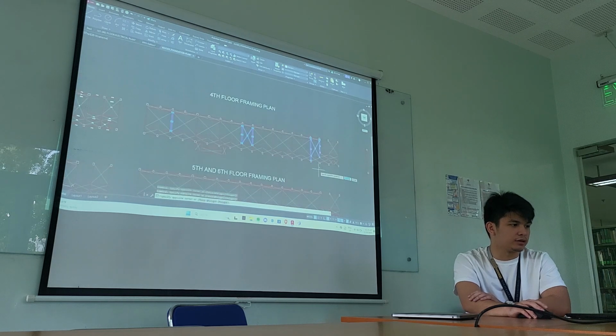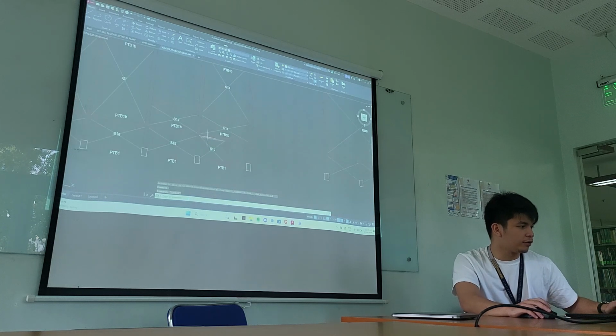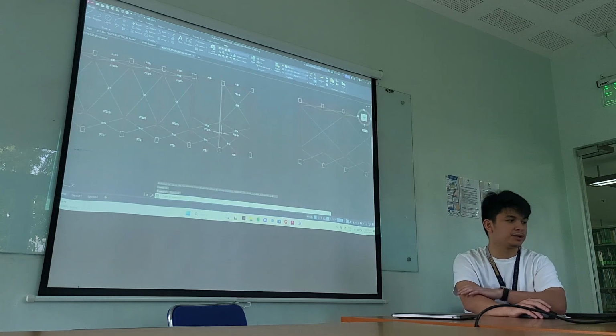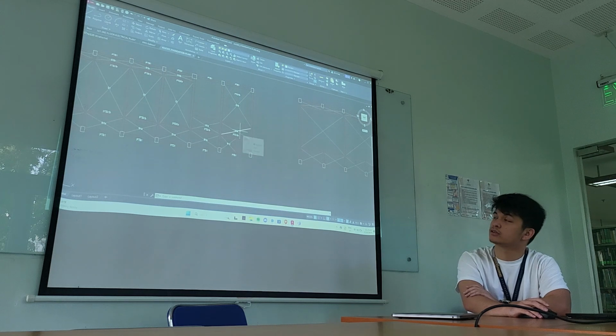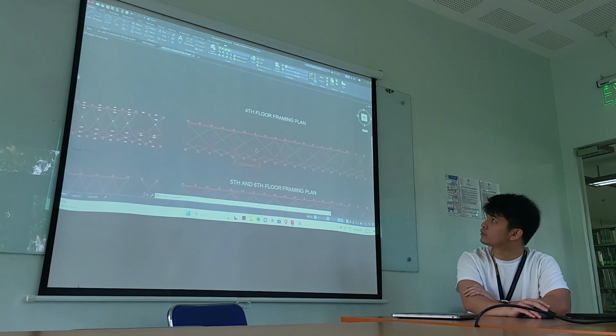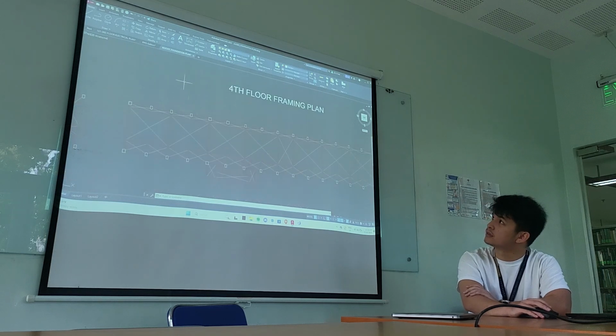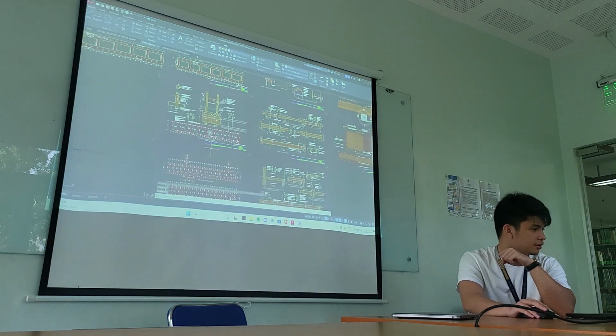For the rightmost corner in the second floor, there's a cut. I think this is the area for the CR, if I'm not mistaken. These are the areas for the CR and the utility area. This is the elevator shaft, and then this is just part of the hallway. So the fourth floor consists of